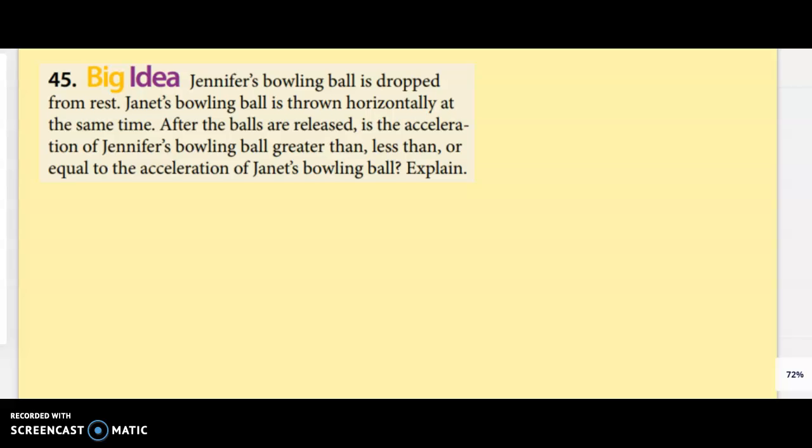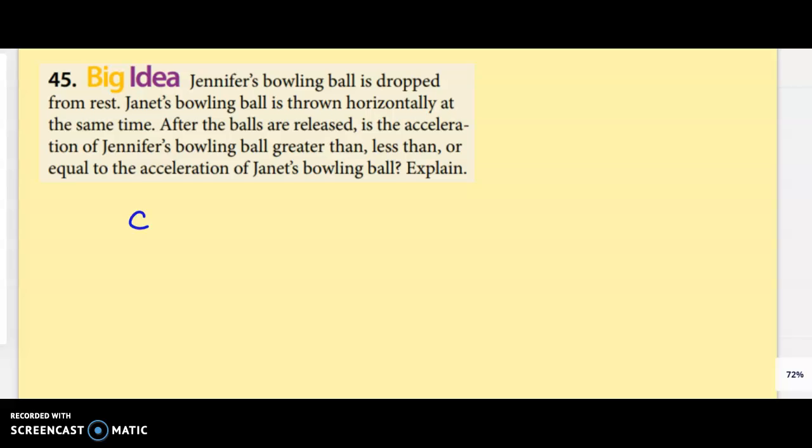In number 45, it says Jennifer's bowling ball was dropped from rest. Janet's bowling ball was thrown horizontally at the same time. After the balls are released, is the acceleration of Jennifer's bowling ball greater than, less than, or equal to? It's equal to, and the reason is the only difference between the two of them is the x direction, which actually is not in the direction of the acceleration and is completely independent of the y direction, the direction of